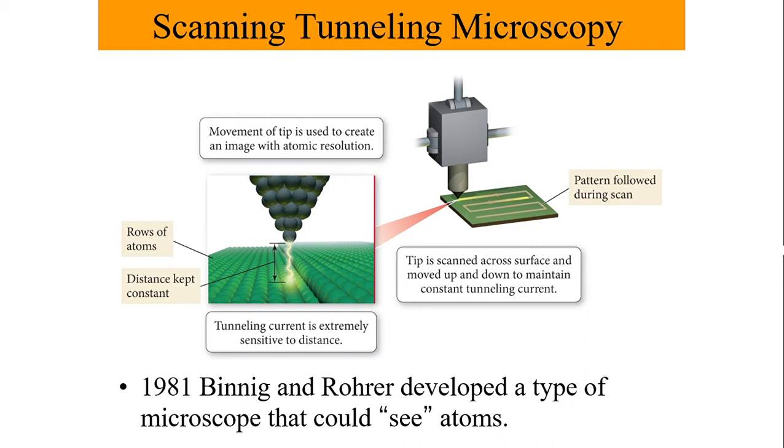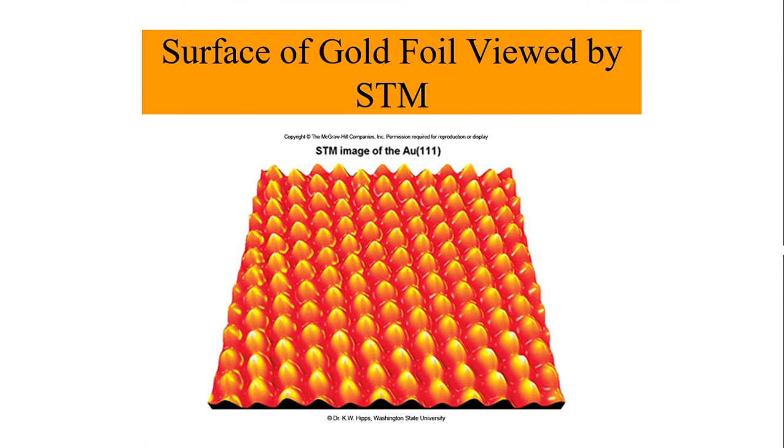And the machine essentially tracks that movement and the slight adjustments that the probe makes and uses it to convert an image of the surface of that metal. In this manner, the scientists were able to generate the image of a surface of a gold foil. And as viewed by scanning tunneling microscopy, you can see that all of the surface consists of a regular array of